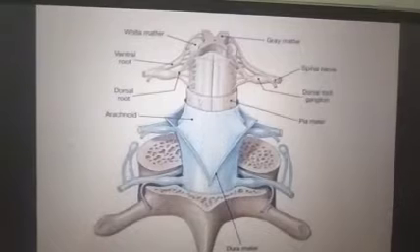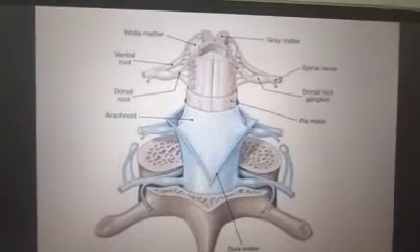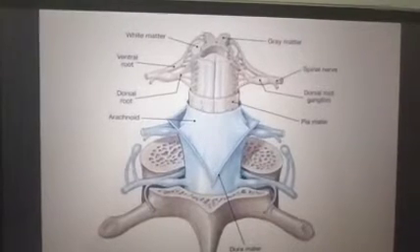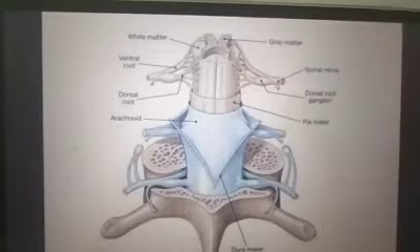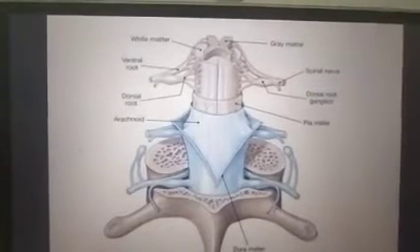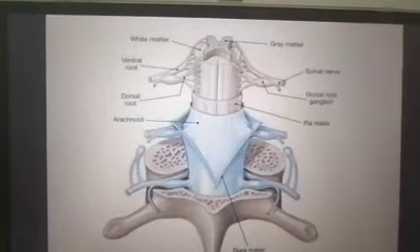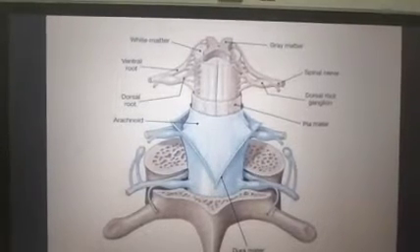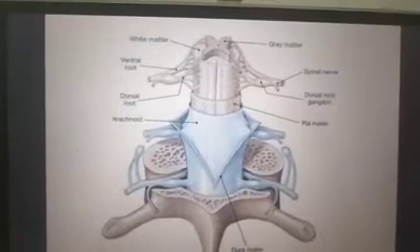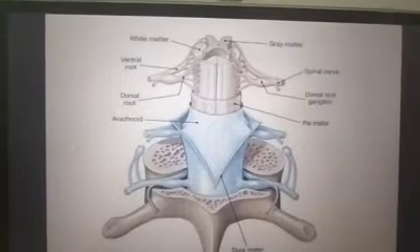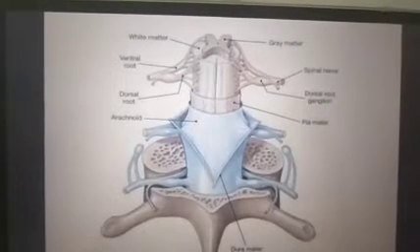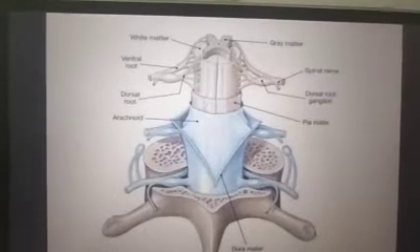Before going to the spinal nerve roots, if we see the grey and white matter, an H-shaped grey matter will be there in the spinal cord, while in the rest of the part there will be white matter. In the brain it is vice versa: grey matter will be outside and white matter inside. So the different roots are coming out, that is a ventral root and dorsal root, also called anterior root and posterior root, or anterior rami and posterior rami,